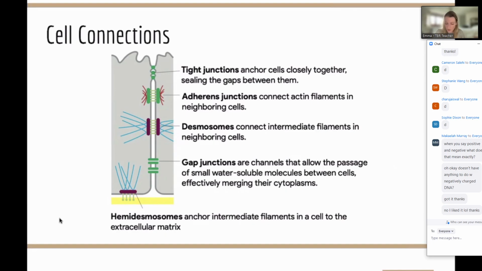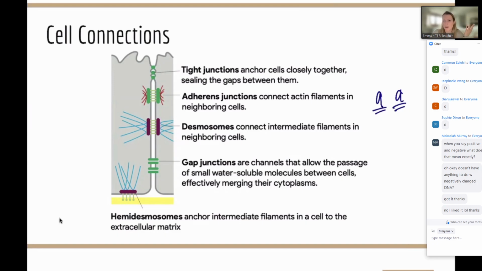So we can have something called a tight junction, which is a fully sealed connection between two cells, but nothing passes through there. Just think of it as an anchor. These two things are connected together, compared to adherins, which are using actin. It's another nice AA, adherins and actin. And they're also going to anchor, but you can see in the picture here, there's still a gap between those cells. Then you have desmosomes, which are going to connect via intermediate filaments. So it's those intermediate filaments coming back into play.